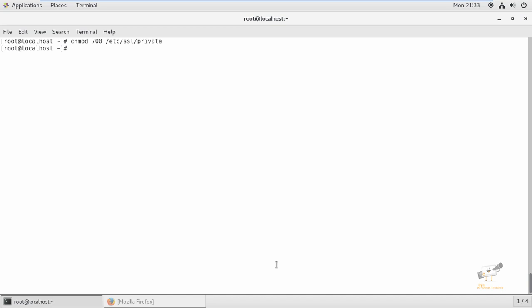Now we can see how to create the certificate. The command is openssl req -x509. X509 is a public key infrastructure standard that SSL and TLS use for key and certificate management. -nodes: this -nodes option tells OpenSSL to skip the option to secure our certificate with a passphrase. We need Apache to read the file without user intervention, so when the server starts up, a password would prevent this from happening.